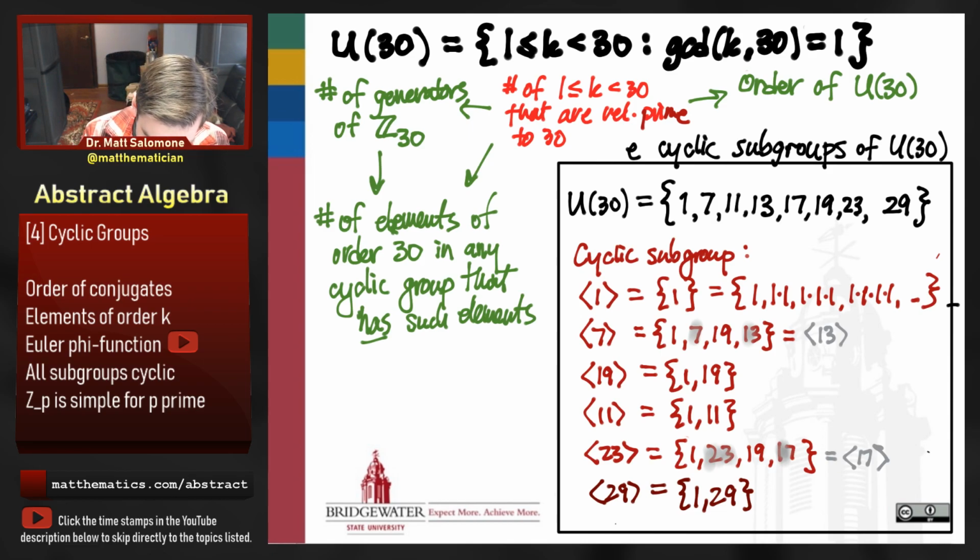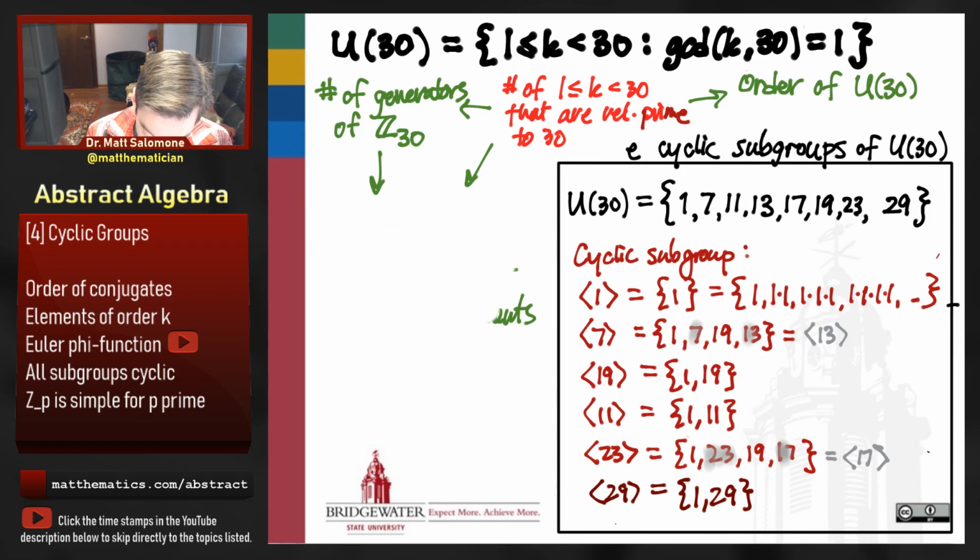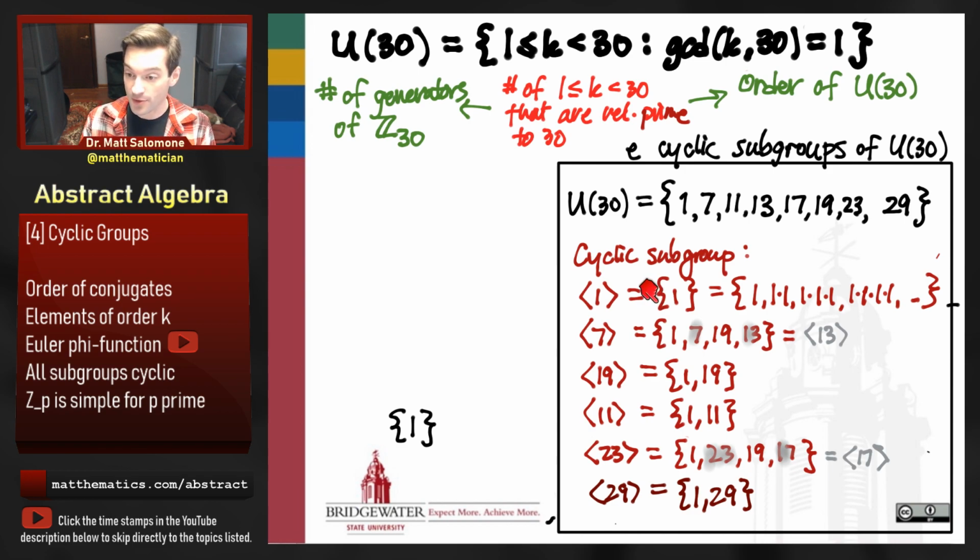Okay, so let's just take this opportunity to conclude this example and take all these subgroups and place them into a subgroup lattice, a lattice of cyclic subgroups of U_30. And all that means is I'm going to take these various cyclic subgroups and show how they are contained one in another. So I'll take the smallest one, I'll put it at the bottom of my diagram, and then this subgroup 1 is contained in all of these other subgroups, but in particular it's contained in the cyclic subgroup generated by 11, the cyclic subgroup generated by 19, and the cyclic subgroup generated by 29.